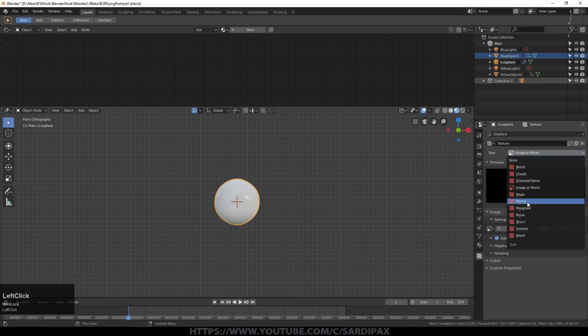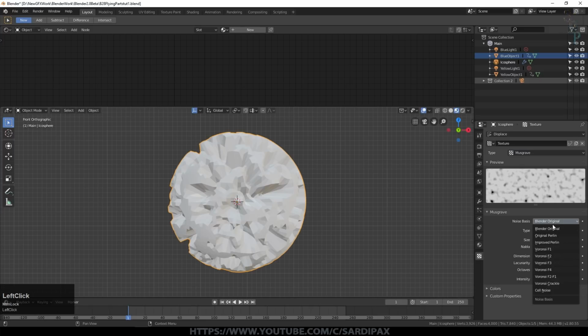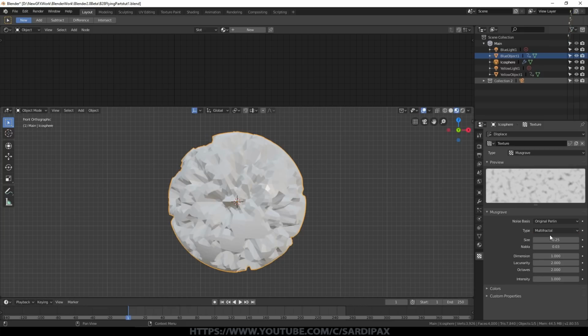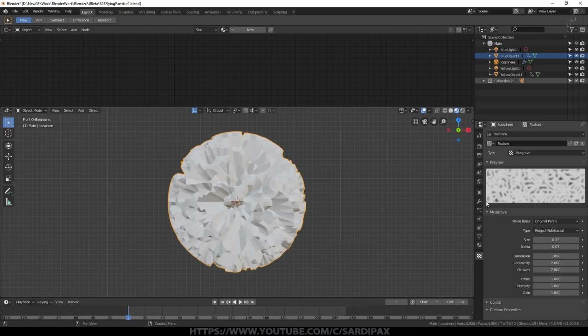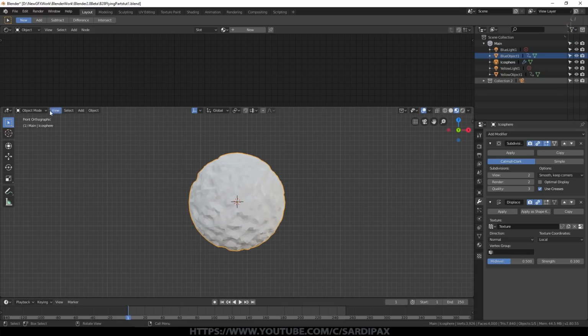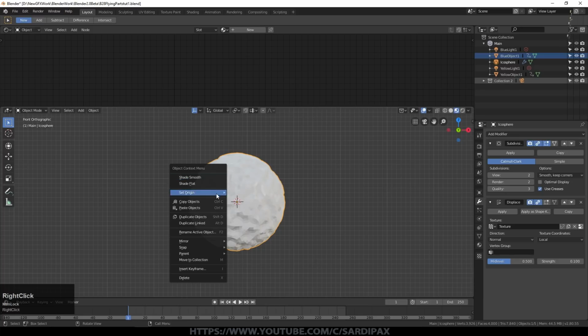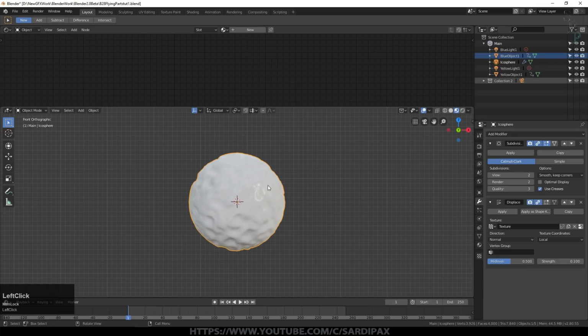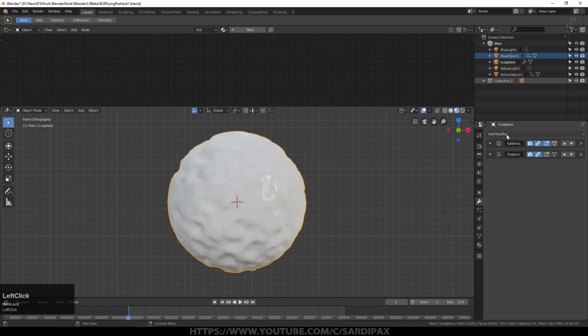And I used Musgrave, which is this one. I changed that to original Perlin. Again, you can use whatever shape you want. This just seemed to do what I wanted, and change that to ridged multifractal. Then go back to my modifier and set the strength to 0.1. Also going to change the object. If I right click on the object, I can actually say shade smooth, and then I'm going to add another